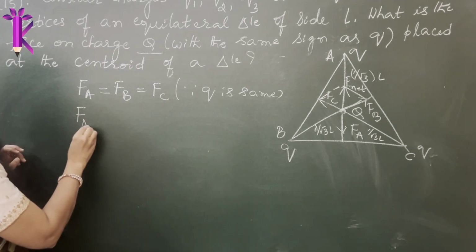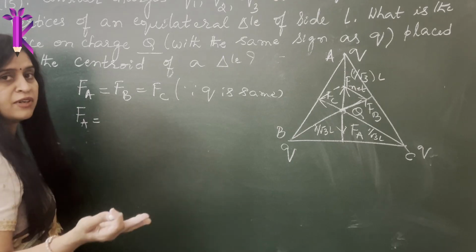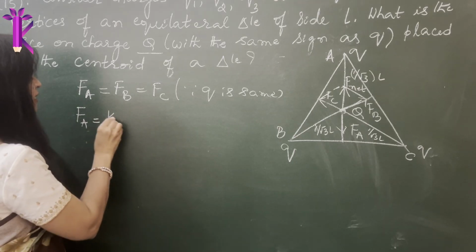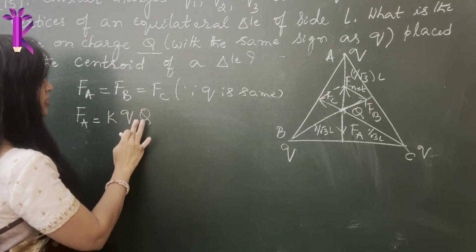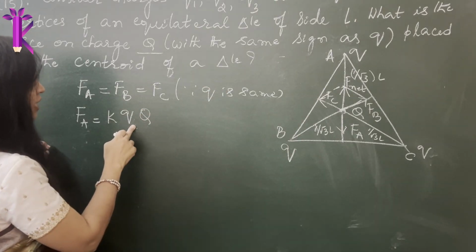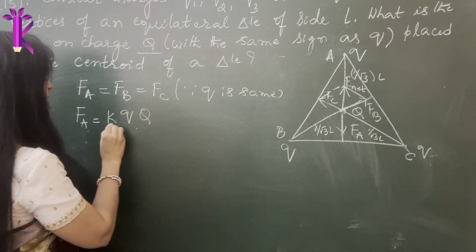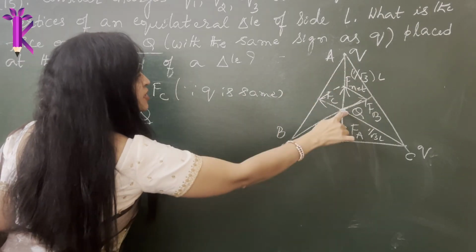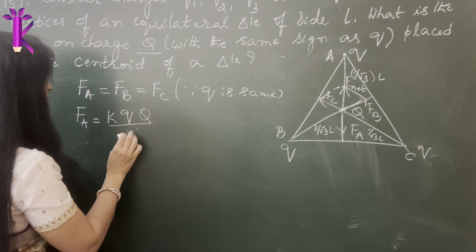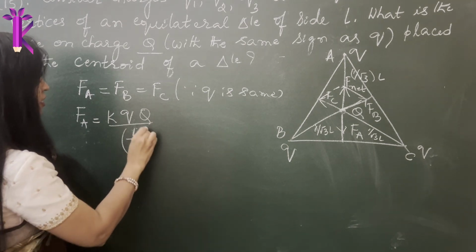So all of them will be equal. You need not calculate FA, FB, FC, but if you want, you can do that. There's no need even from the examination point of view. So what's the formula? It is K into Q A, you can just call it Q, into Q, the charge at the center, divided by R square. What was R square? R is the distance from this to the charge, which is 1 by root 3 L, that is L divided by root 3, the whole square.